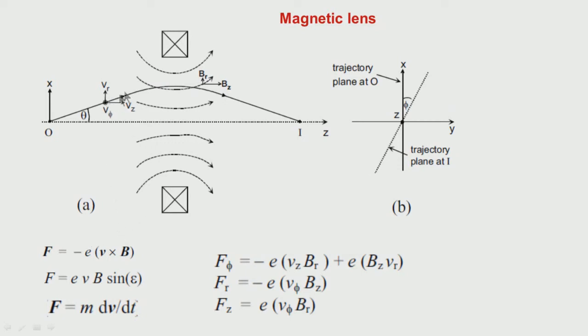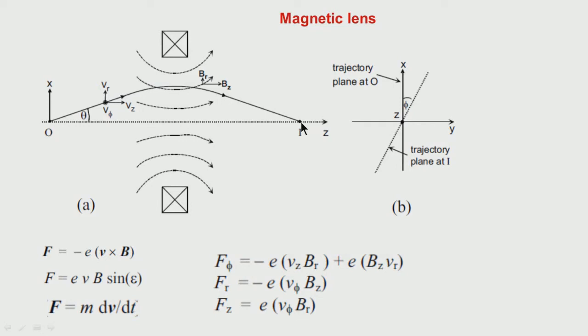These forces are such that the velocity will be changed in different directions. There are field lines which are perpendicular to the plane of the lens, and field lines along the plane of the lens. We can take these components and find out what the trajectory is going to be. Essentially, the electron which is deviated from here will be moving around in a helical path, and finally it is focused to a point.